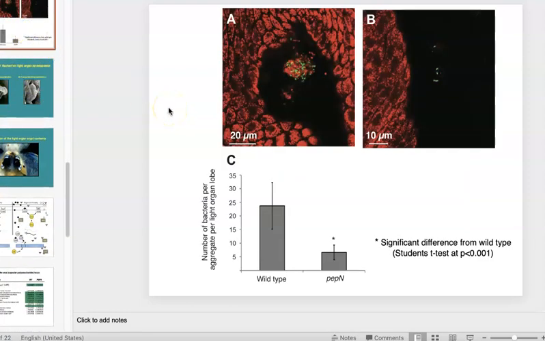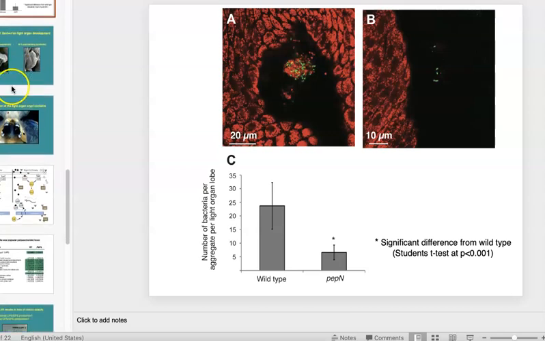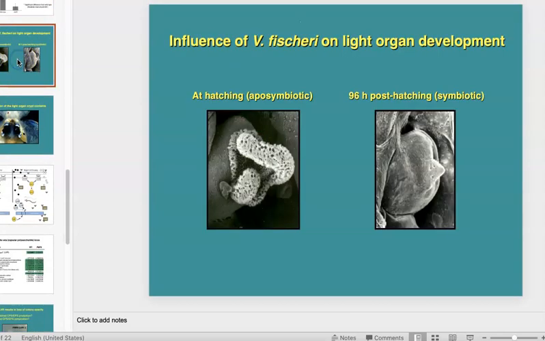And this is an actual blown up image of one of the pores, showing you how these cells can be collected at the pore surface in a big mucus glob. Again, I won't get into what these data represent, but it's just a really neat picture. The other aspect of this that I wanted you to see was the influence of Vibrio fischeri on light organ